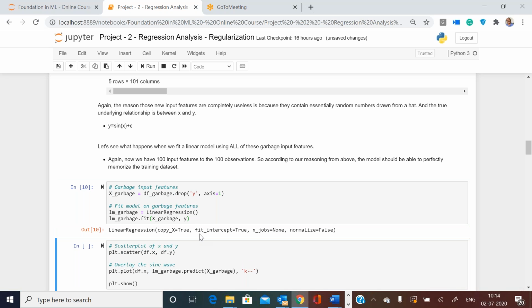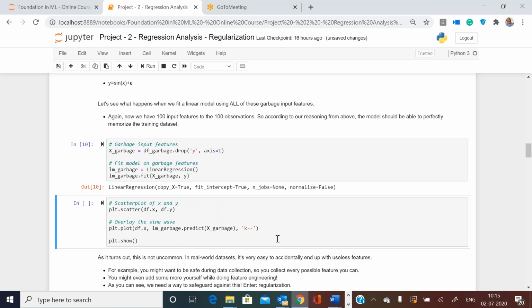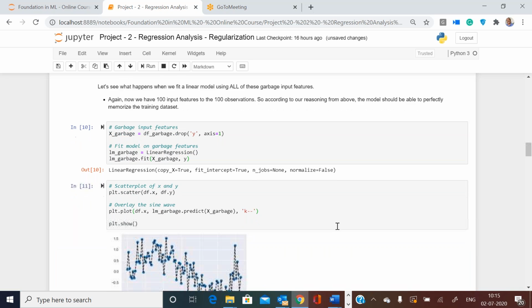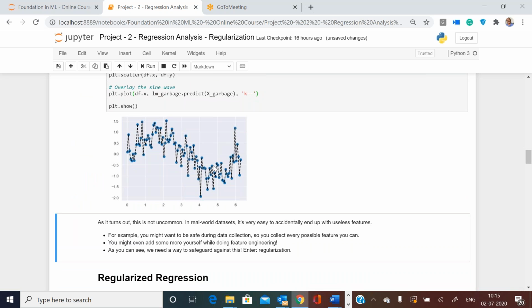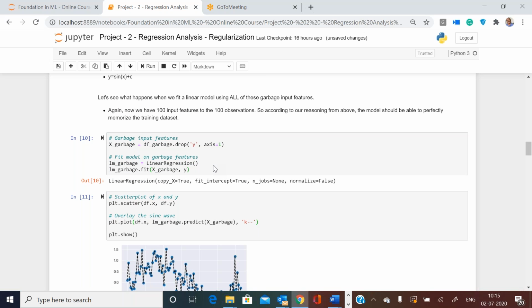Okay, so it stopped. It would have computed a lot of betas now, not one beta. So beta 0 plus beta 1 to beta 100, it would have computed. We'll see that. And if I use that model with those betas and substitute all those betas into every x value and calculate my y hat and plot it, it is looking something like this. So it is basically a linear regression algorithm.